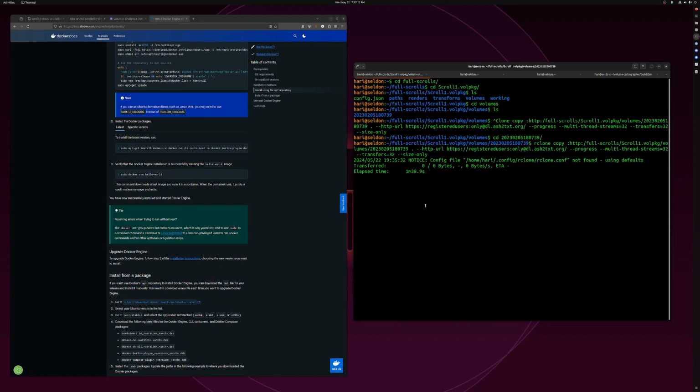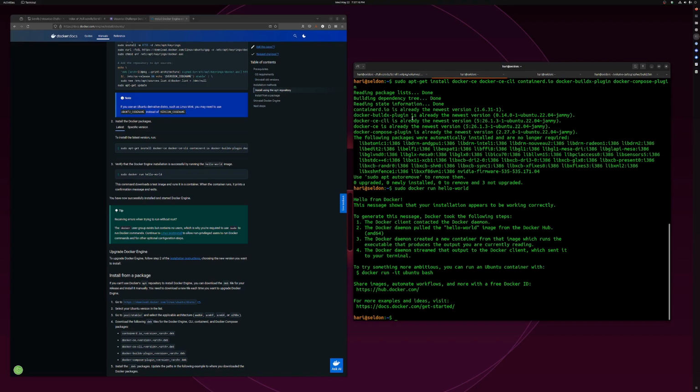All right, this is just indexing. It'll start actually downloading files quite soon. Now I've already downloaded some files. And so now,